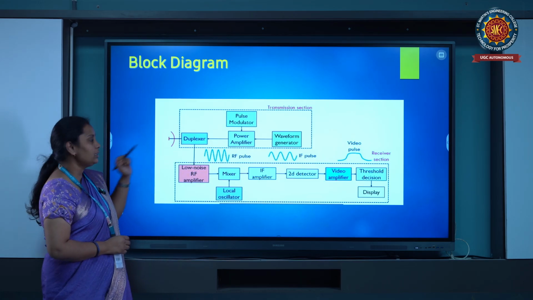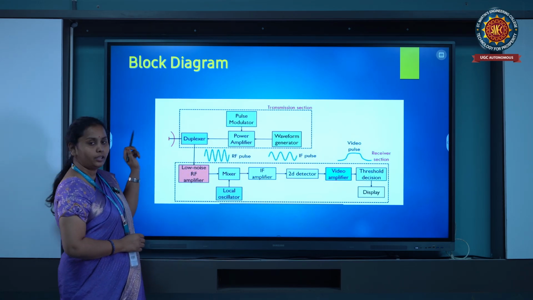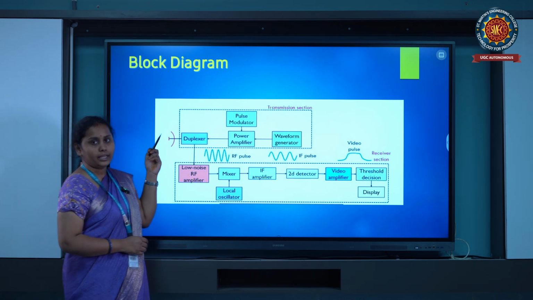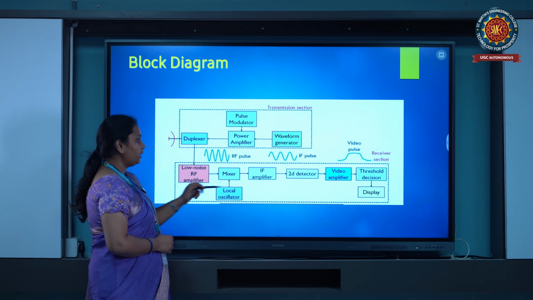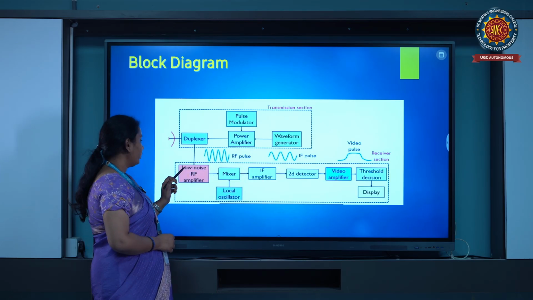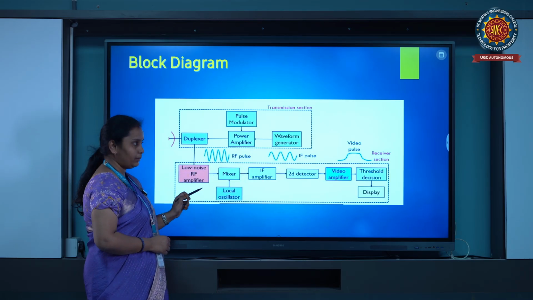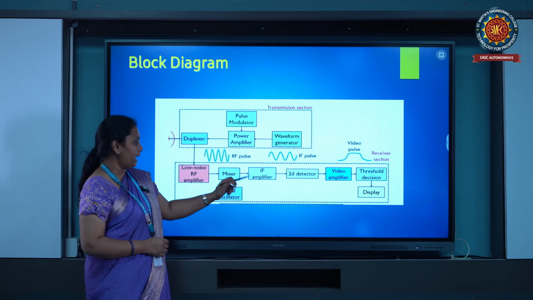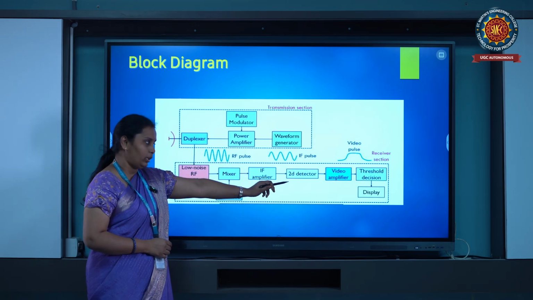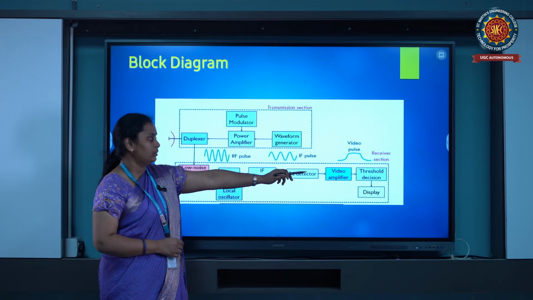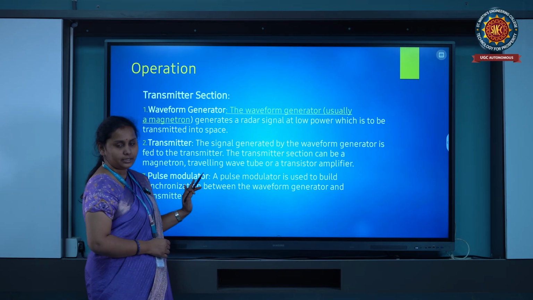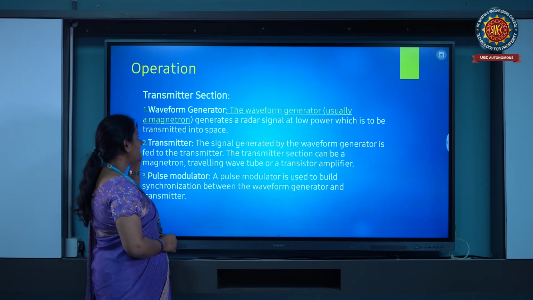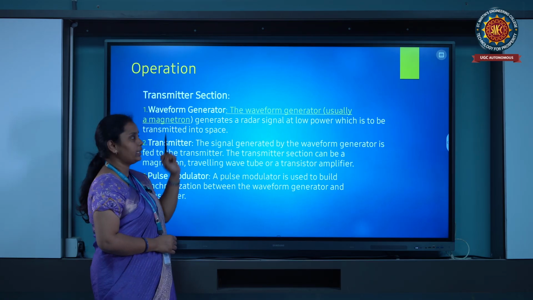Here duplexer means it allows the antenna to perform both transmitting and receiving purposes. And coming to the receiver section, we will use low noise RF amplifier, mixer, IF amplifier, demodulator, video amplifier, threshold detection and display.